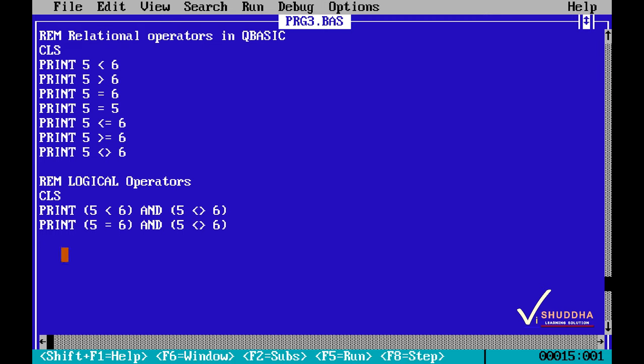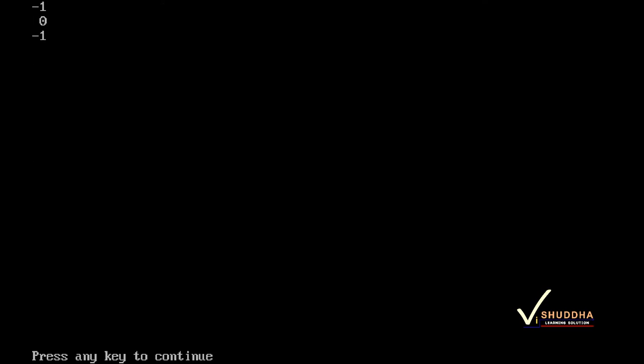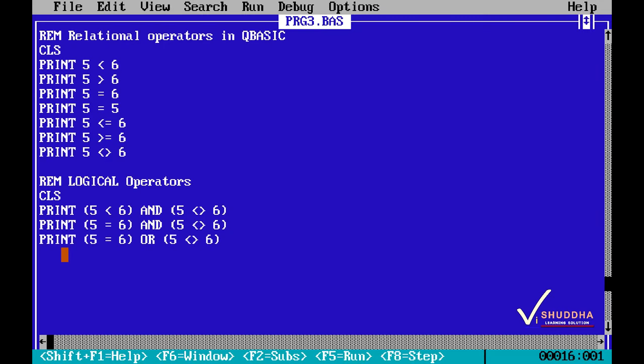Now let's see the OR operator. Print 5 equals to 6, which is false, then OR, and then 5 not equal to 6. Let's save the program and execute it. This time it is true. So an OR operator returns false only if both the relational expressions used return false.